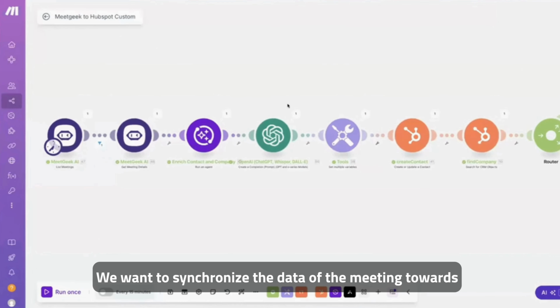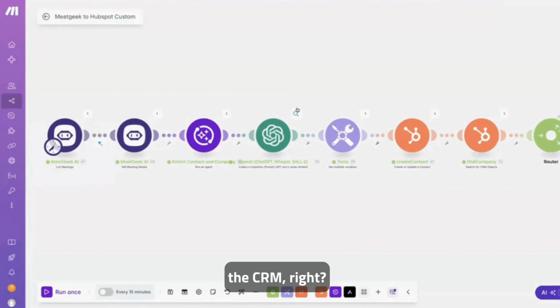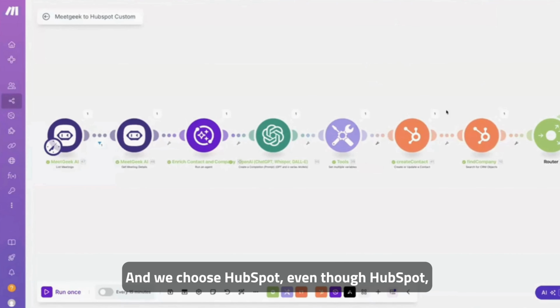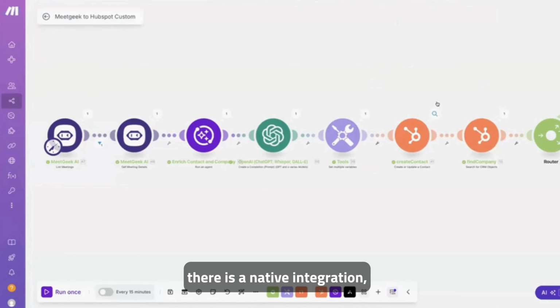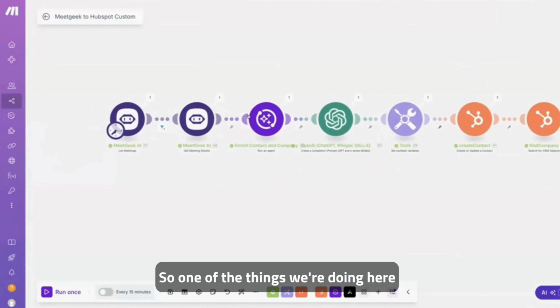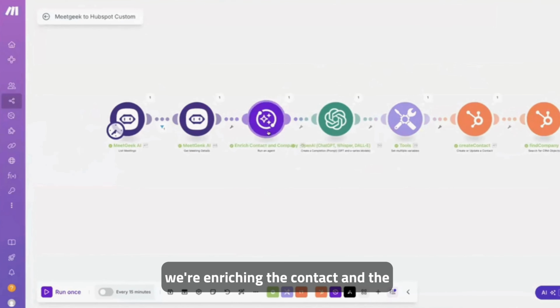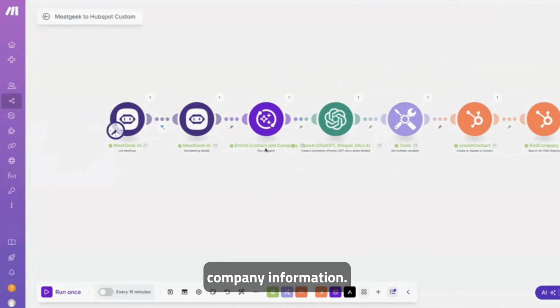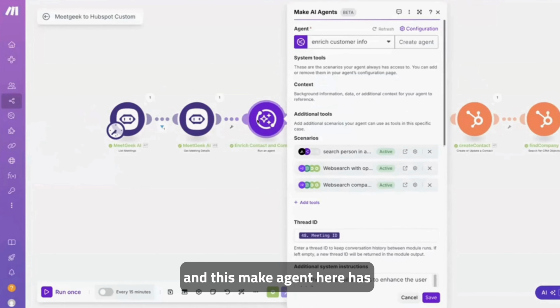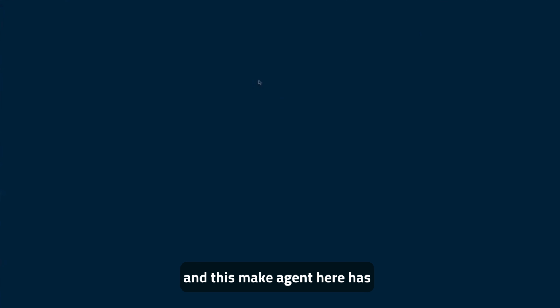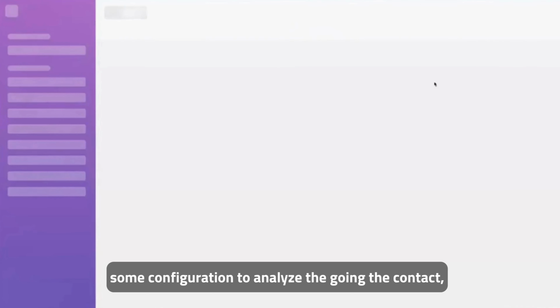We want to synchronize the data of the meeting towards a CRM, right? And we choose HubSpot, even though in HubSpot there is a native integration, but we wanted to enhance that integration a bit. So one of the things we're doing here in the first part, we're enriching the contact and the company information. So I created a Make agent here, and this Make agent has some configuration to analyze the